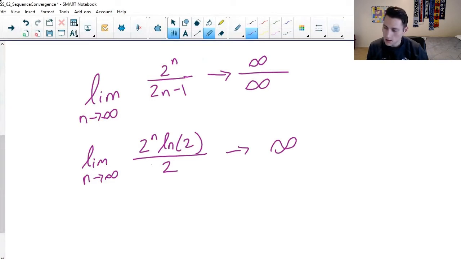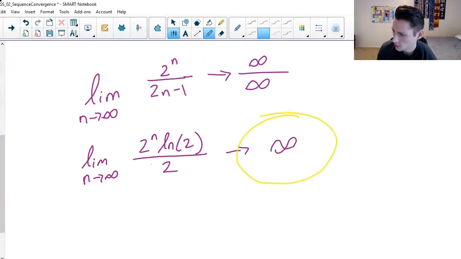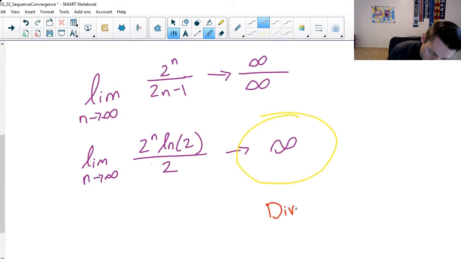So no matter what, infinity divided by 2, that kind of concept, we're still just getting infinity. All right, so if I just end up with this whenever I do a limit, then I'm not doing L'Hopital's rule. L'Hopital's rule is specifically for if we get infinity over infinity or 0 over 0. But in this case, if I get just infinity,